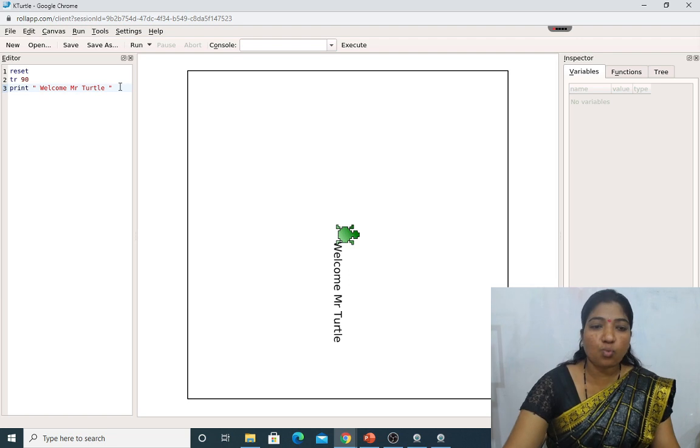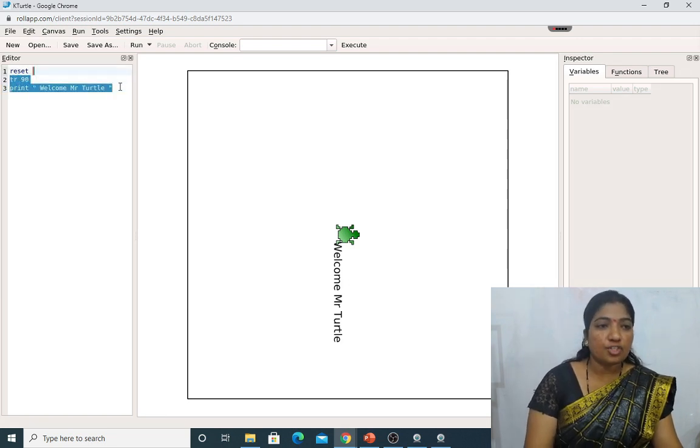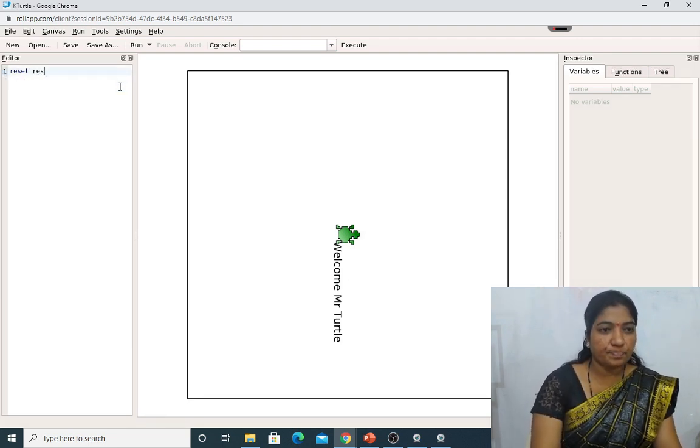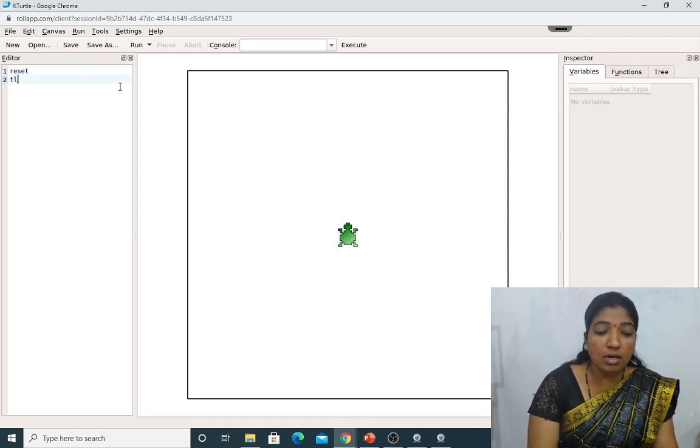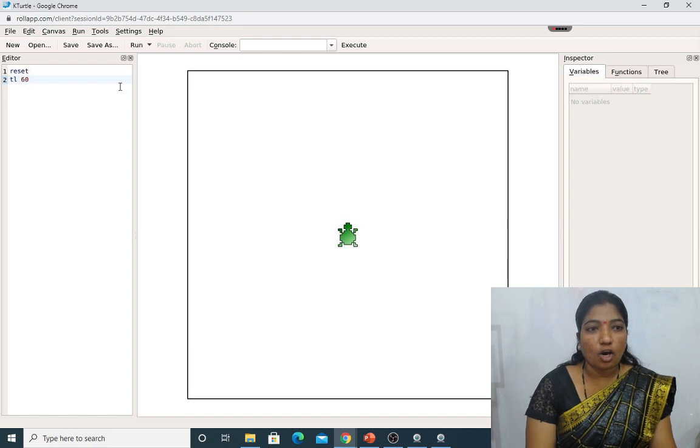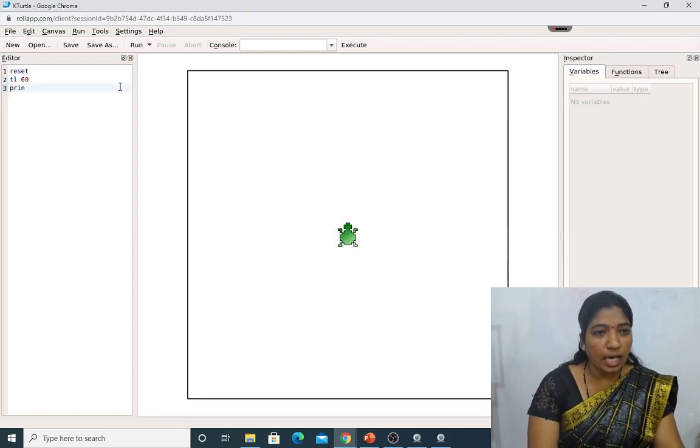After this, again I will reset it and then press F5. After that, turn left 60. After that, I will print it and then I will write 100.